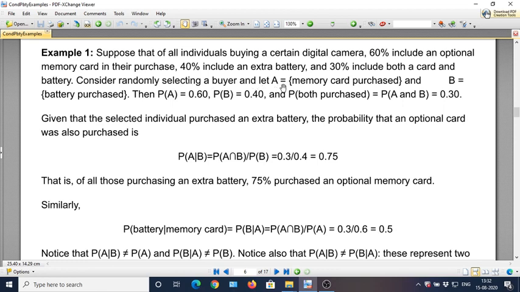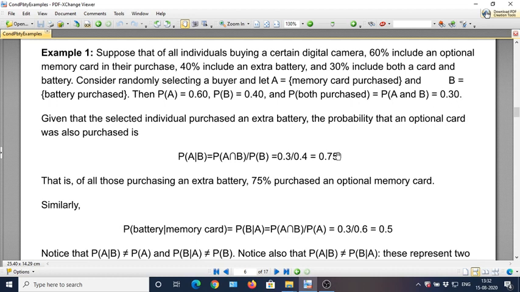Let A be the event that a memory card is purchased along with a camera, B be the event that a battery is purchased along with a camera. Then we can easily write P of A is equal to 0.6 because 60% of the customers do so. P of B, that is probability that the battery is purchased along with the camera, is 0.4 because 40% of the customers do so. Probability of both a memory card and a battery being purchased is P of A and B, the event A as well as B has occurred, or A intersection B,